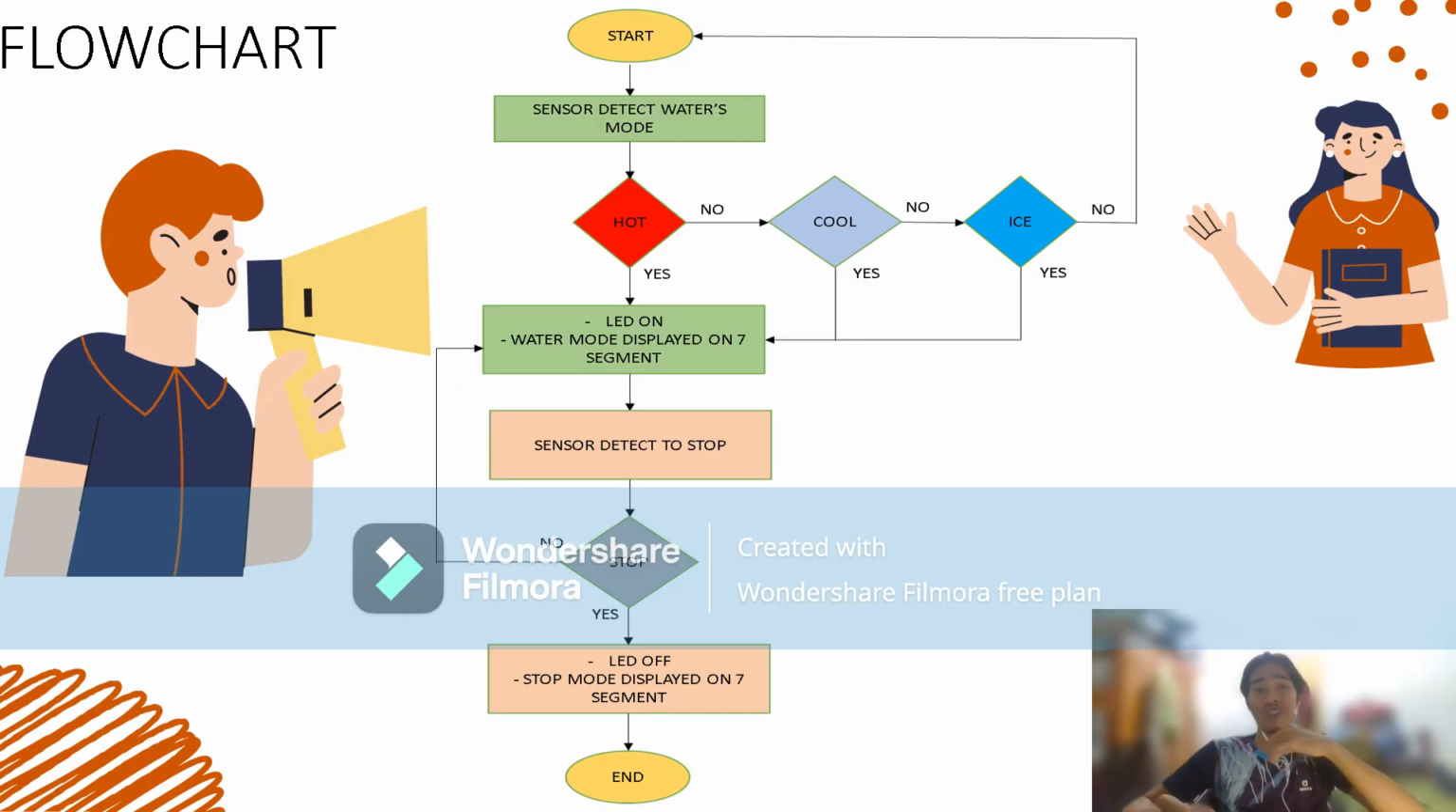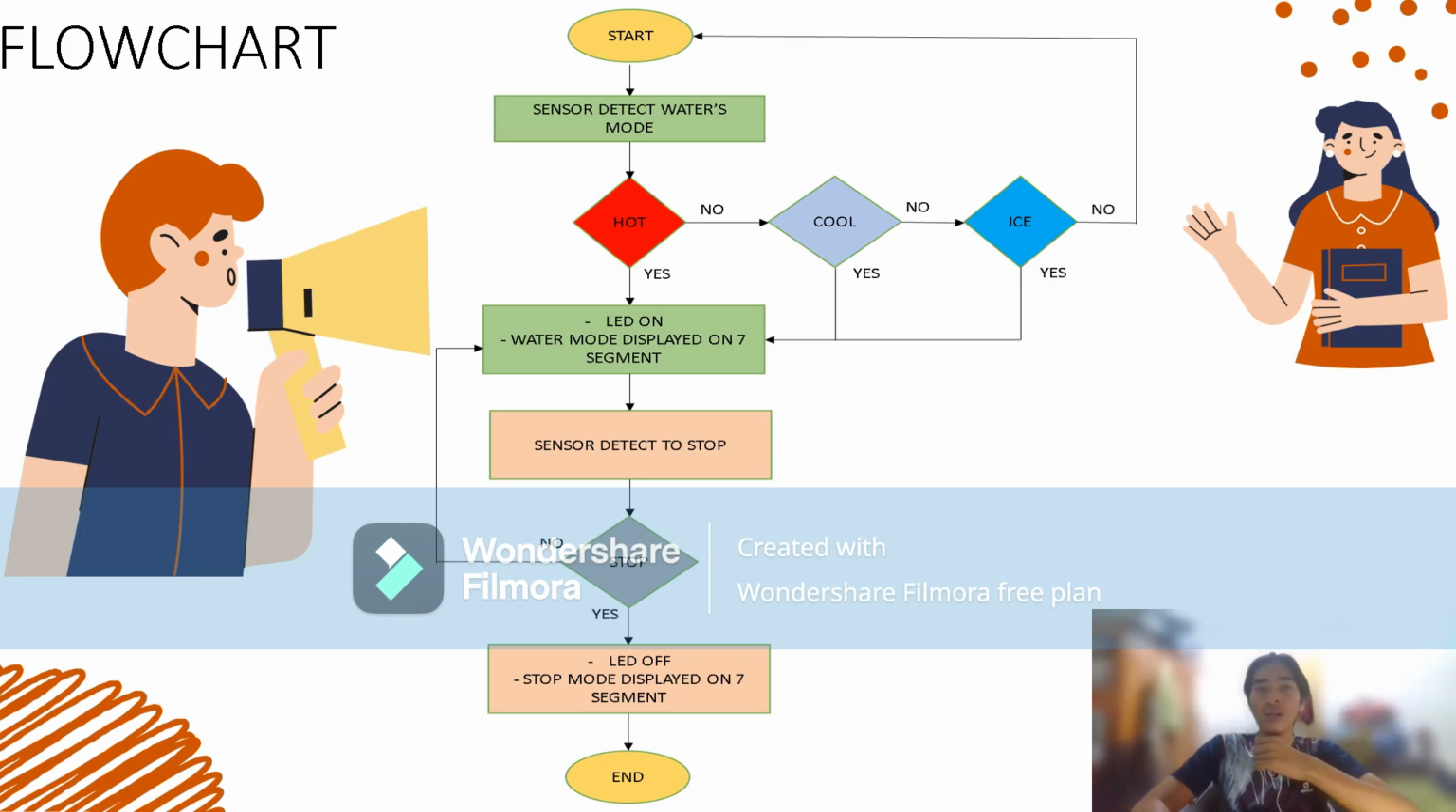Okay, so for the flow chart, firstly, when the water dispenser is on, the sensor will detect the water's mode, whether the user wants hot water, cool water, or ice water. So the user must determine their choice by choosing either hot water, cool water, or ice water. So if the user chooses hot water, the LED will be on, and the water mode displayed on the seven segment is